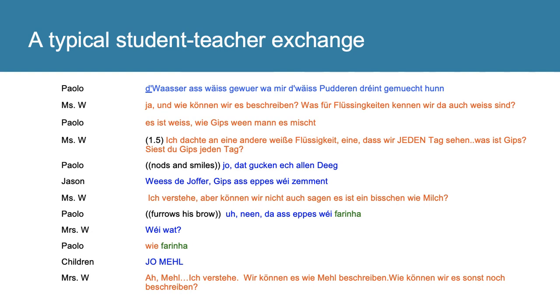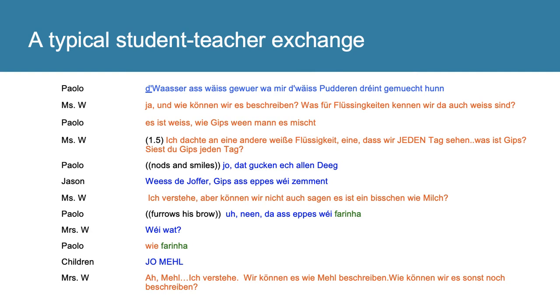And so to begin to analyze an interaction such as the one between Paolo and Miss W, we use lots of different approaches, and that's one of the things that we're going to be talking about during our time together. This transcript comes from a study where we were looking first at the ways in which students were using languages in their interactions with each other and with their teachers around science investigations. So with that as a focus, one of the first things that needs to be done with a transcript such as this one, after transcription, is to identify the different languages that are being used in the interactions.